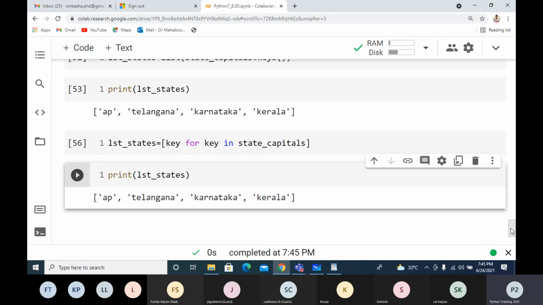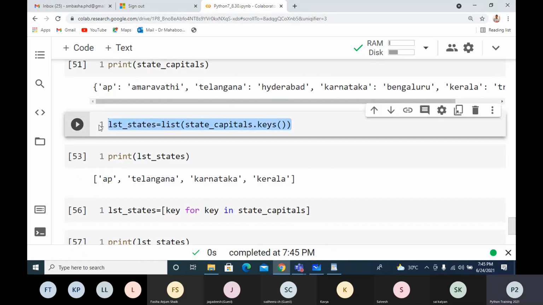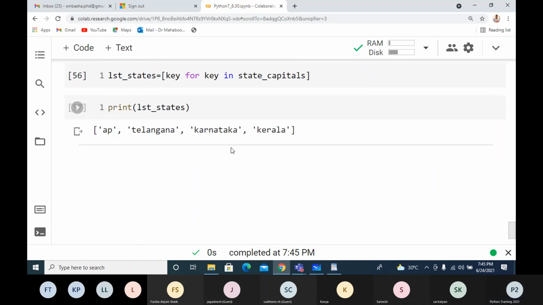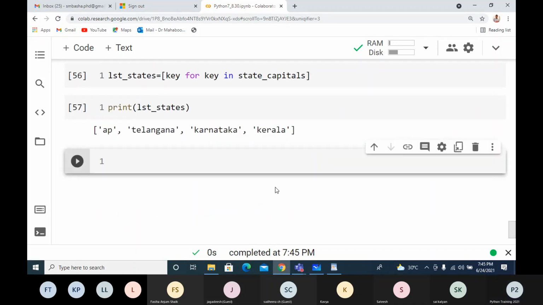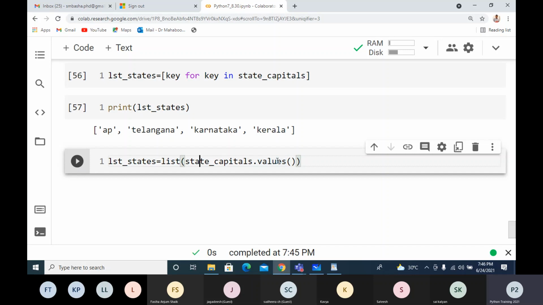Now similarly I'll get the capitals. Here instead of keys, I'll take values. So I'll get the capitals, and here LST capitals.